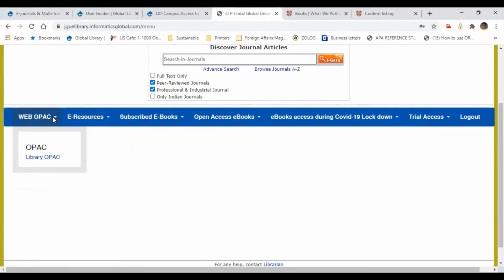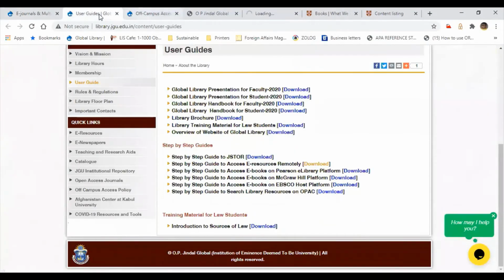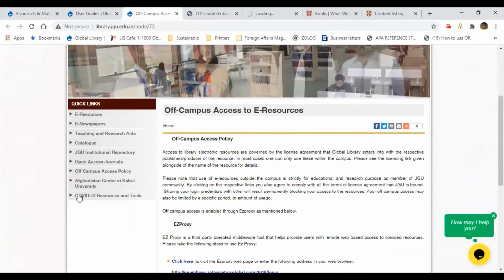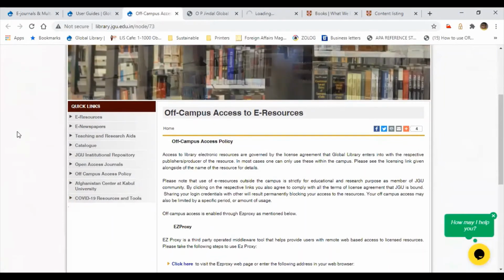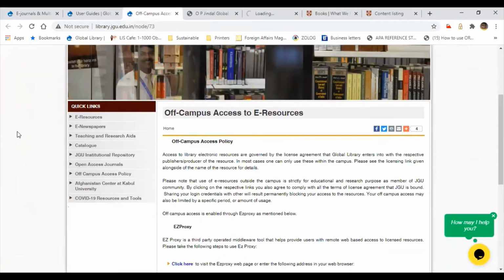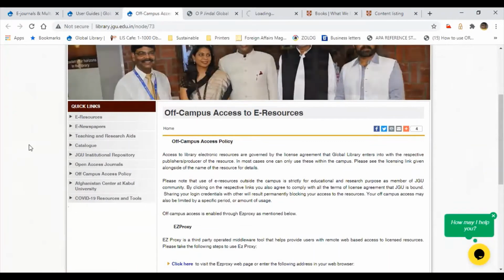But if you use EasyProxy to explore the WebOPAC, there is a chance to explore the ebooks available in our library or cataloged in our database from right here. It will not ask you again to log in through EasyProxy. So better you use this tab for the WebOPAC to explore the print books, and it also includes the ebooks we are subscribing to.